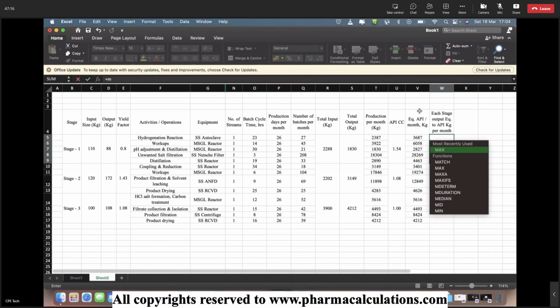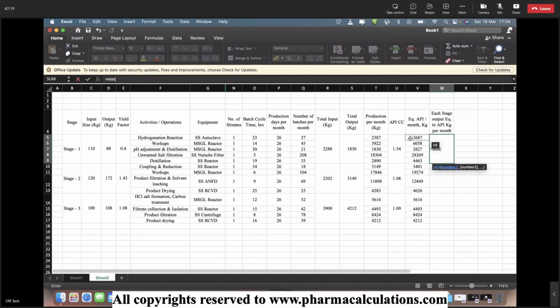the minimum of the API equivalents in the subject stage. So I have just used the Excel formula, that is minimum of the total unit operations. So this is how you are going to calculate each stage output equivalent to API in kgs per month, and finally the tonnage that you are going to get,